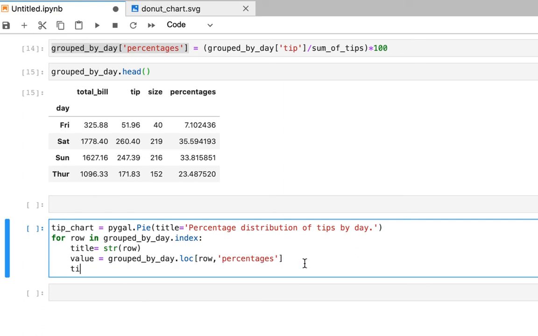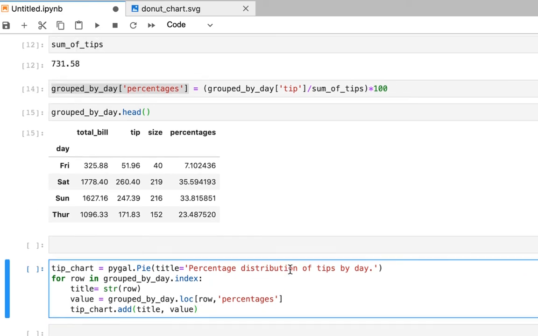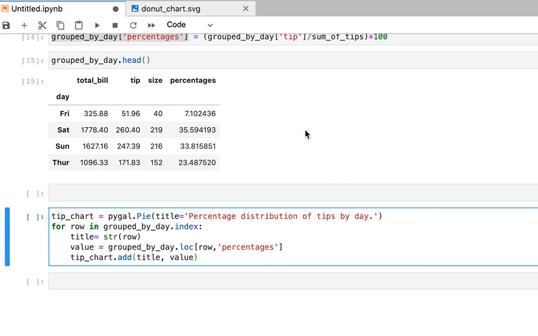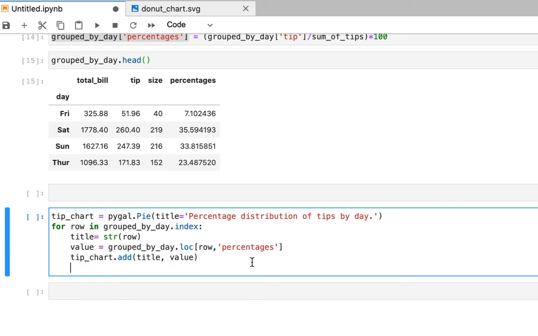Once we have this, we can just do something like this: tip chart dot add, title, value. What it's going to do is iteratively make those add statements. So instead of repeating the add statements and typing them out, we just use the loop, and that's what we did here. Then we can come out of the loop and render it as an SVG image. So render to file,